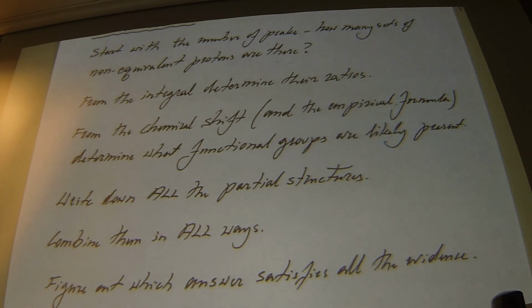So the key is not to look at all the material, not write anything down, and say, aha, I know what it is. If you can do that, you're really, really good. Most people can't. And so what you do is write down the little partial structures and then join them together in every which way possible, figure out which one makes sense and which one doesn't. There's several questions in the chapter that ask you to do that. Okay, so we'll pick up the next chapter on the